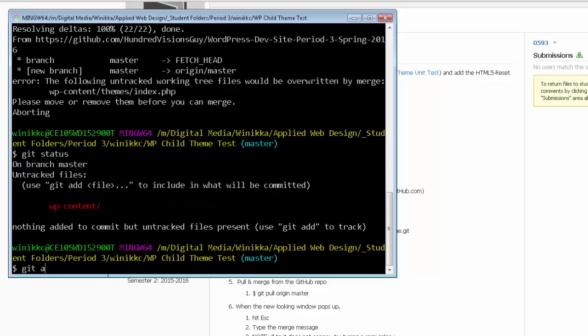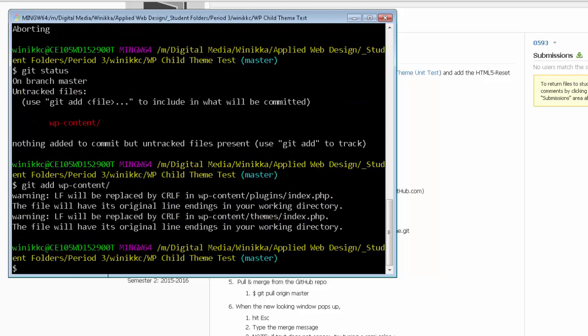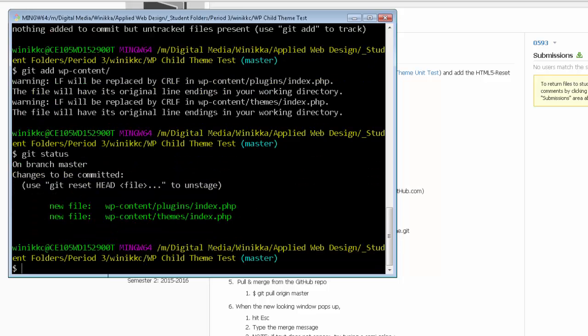So I'm just going to write git add dot. Now I can add by folder. I can try it this way, wp-content, like so. And notice it did this. I'm going to do git status. Notice I got some new files. They are green. So I need to basically make a commit statement. That's git commit -m for your message, and just